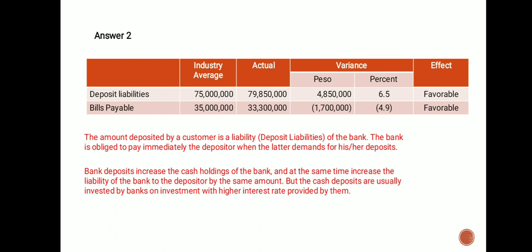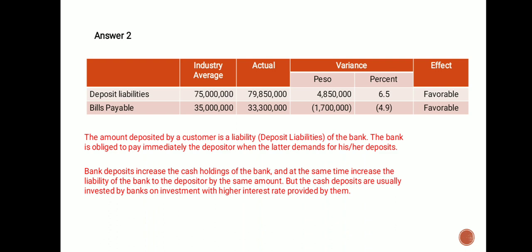However, banks are required to maintain a certain percentage of the total deposits received from depositors as statutory reserves for liquidity purposes. So as I mentioned earlier, usually sa ubang business, ang increase in liabilities is unfavorable on the part of the business. But for banks, increase in liabilities. But take note, ang liabilities that I'm talking is all about the deposit liabilities. So the increase of deposit liabilities is favorable in the part of bank.